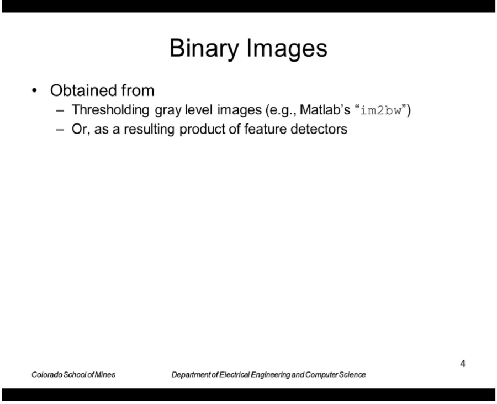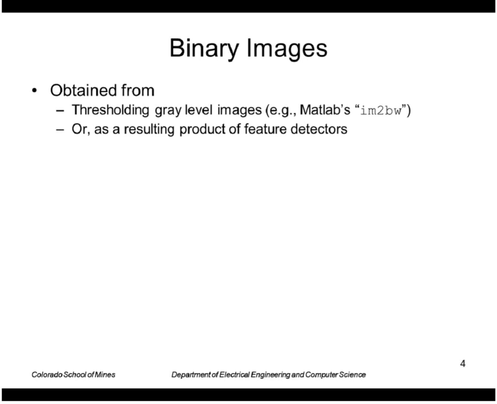So first of all, binary images. Where do they come from? Well, we can get them by thresholding, as we've seen before. MATLAB actually has a function called im2bw, image to black and white, which does thresholding. A little bit later in the course we'll see how to select the threshold value automatically. Another way binary images can come about is as a result of feature detectors. For example, the normalized cross correlation produces a score image that you can threshold, and then those peaks represent the